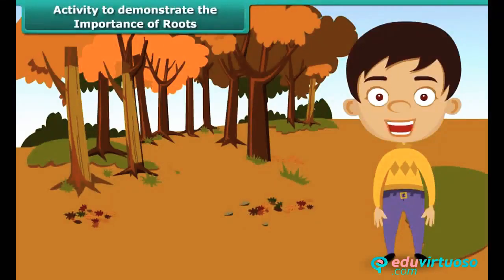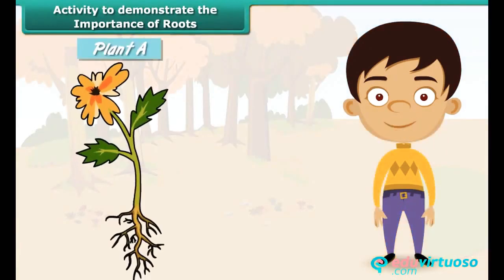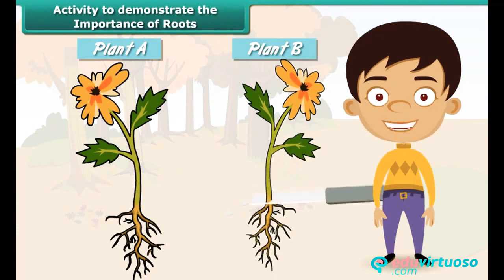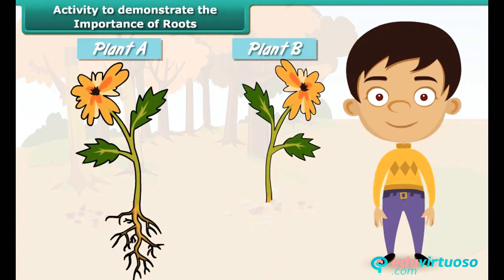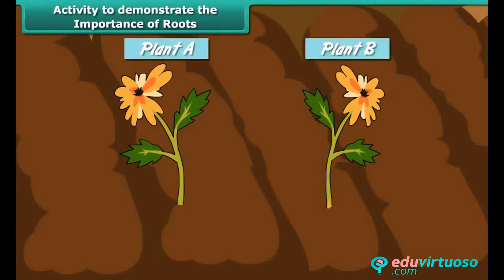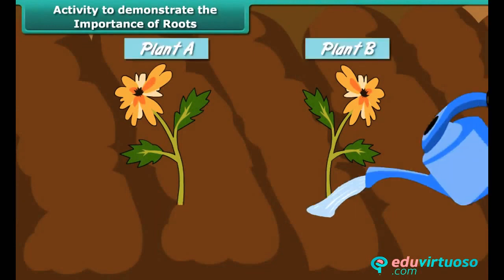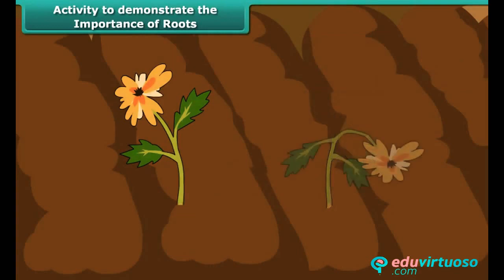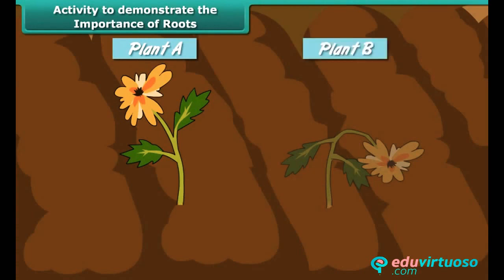Let us perform an activity to demonstrate the importance of roots in the life of a plant. Take two plants, A and B. Cut off the roots of plant B. Plant both the plants A and B in the soil and water them every day. After a few days, plant A appears as healthy as it was on the first day, whereas plant B appears wilted. This proves that roots absorb water and minerals from the soil and transport them to the other parts of